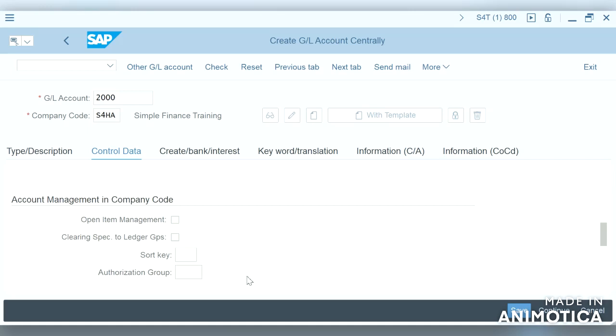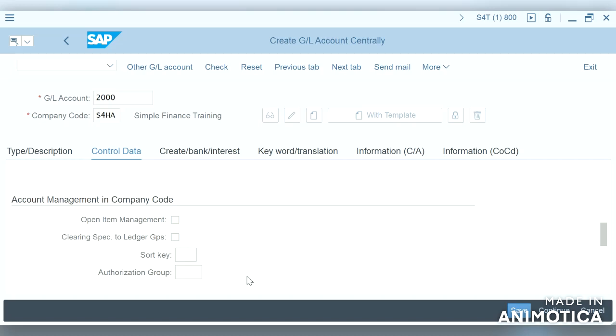So we use the line item display only for the GL report. When we execute FBL3N and click on the line items, if line item display is not activated in the general ledger master data, then it throws an error showing that line item display is not activated. So in order to see the line items in detail in the general ledger report, we need to activate this checkbox.